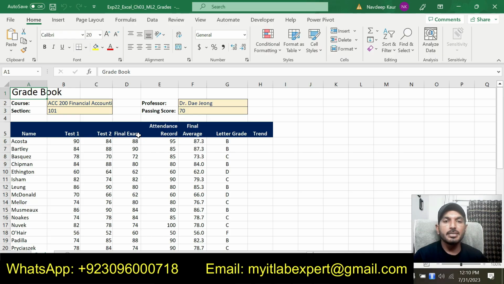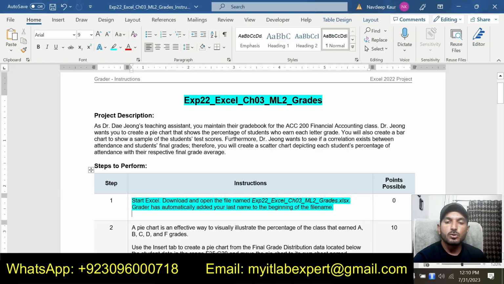We will apply all the instruction steps in this Excel workbook, and we will make this workbook in the final form to submit for grading. So step number 1 is just about downloading the Excel workbook. You can download this from your MyITLab dashboard and your name will be added to the beginning of this file. So let's move to step number 2 now.